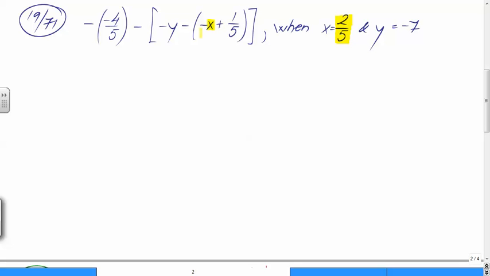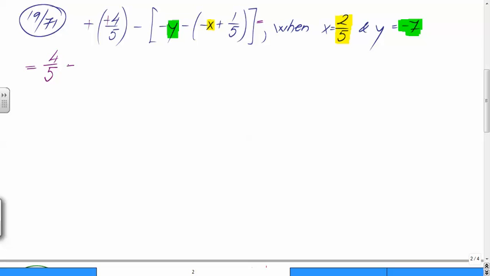Instead of x, you're gonna use 2 over 5, right? There's one next one. Instead of y, you will plug in -7. So let's rewrite our expression. My expression will be what now? Minus 4 over 5. Minus makes a plus, right? Because you're changing both signs. So this will be 4 over 5